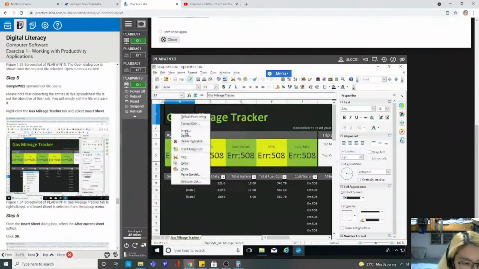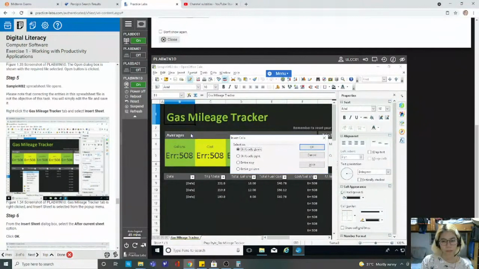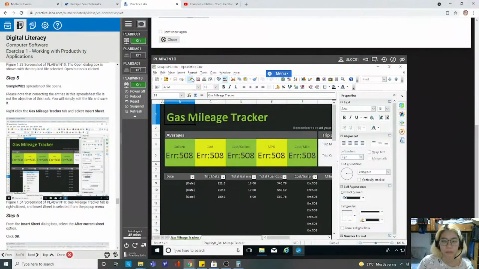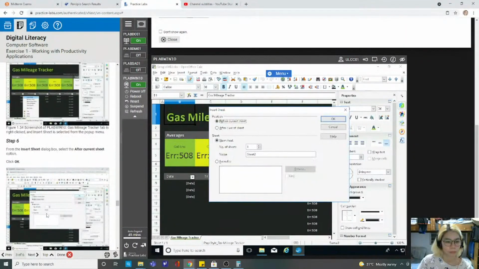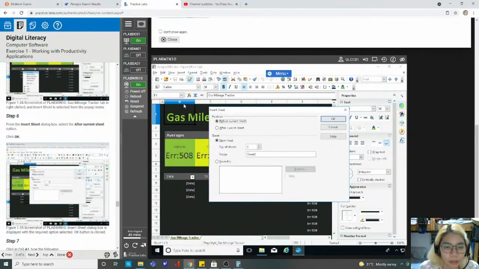Wait. Says insert. Right, so since I can't see the insert sheet with the right click, let's just go ahead and click the insert and choose the insert sheet. Then from there,